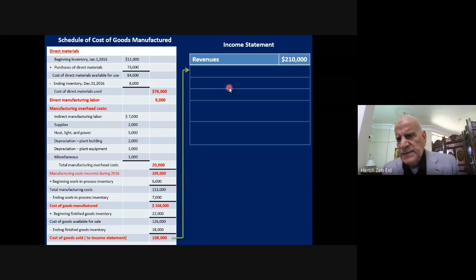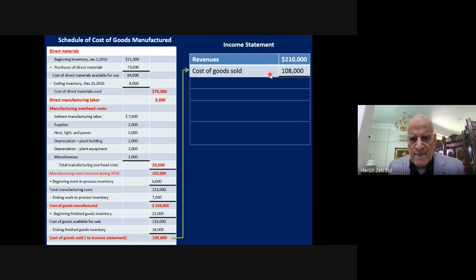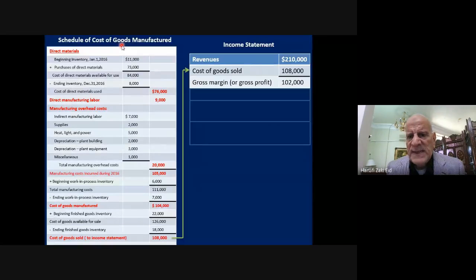Revenue, as assumed, was 210,000 dollars, and we subtract from this figure cost of goods sold, which was taken from the schedule of cost of goods sold. By subtraction, we will get gross margin. Gross margin, which is 102